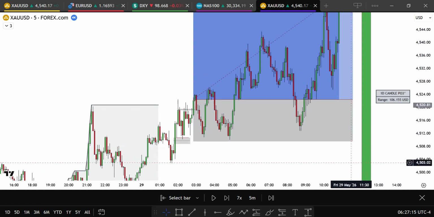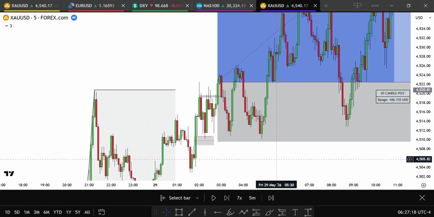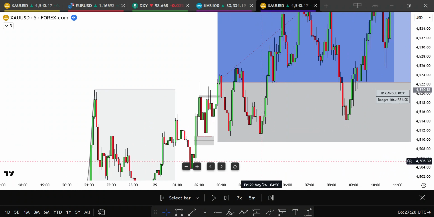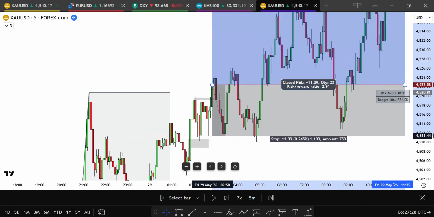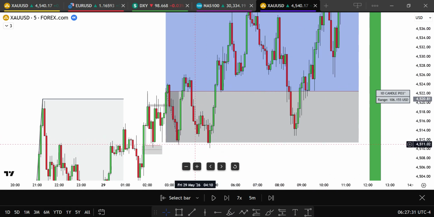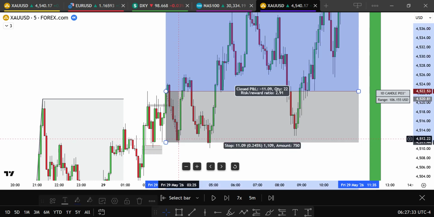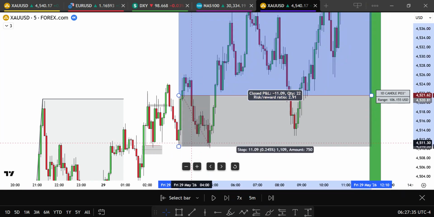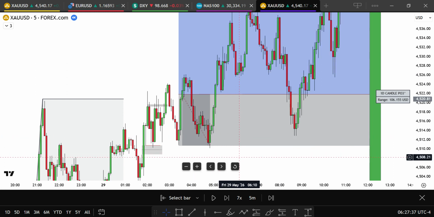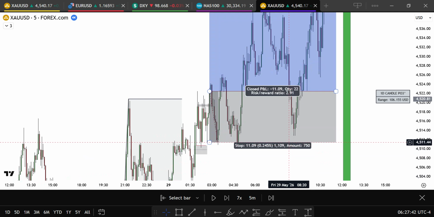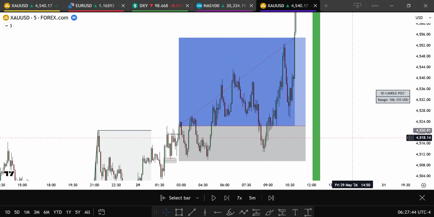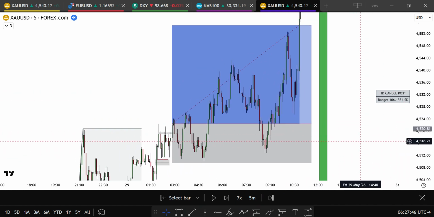So the importance of IFT confirmation is that you always get a protected swing low to place your SL, right? Right here. If, let's say, I set my SL here somewhere, what happened? Price hit my SL. What happened if I set my SL here? Price hit my SL. So your SL placement is very important, and then you will get this type of crazy move. So that's it for today. See you in the next video.